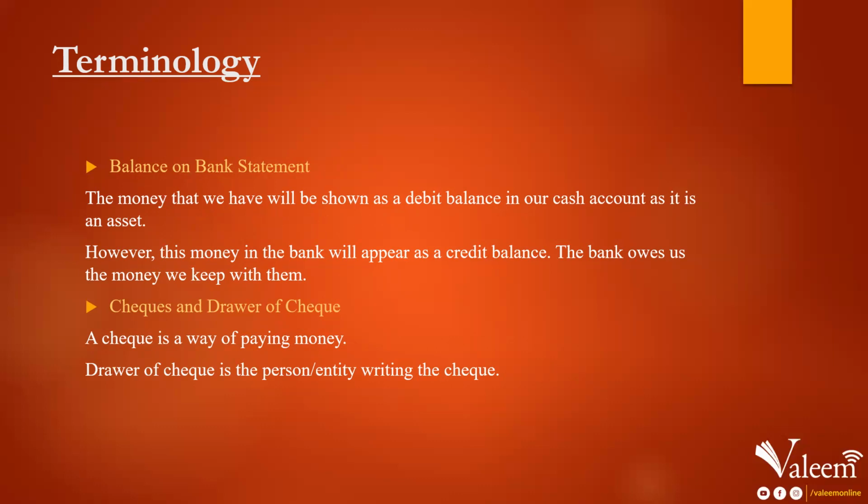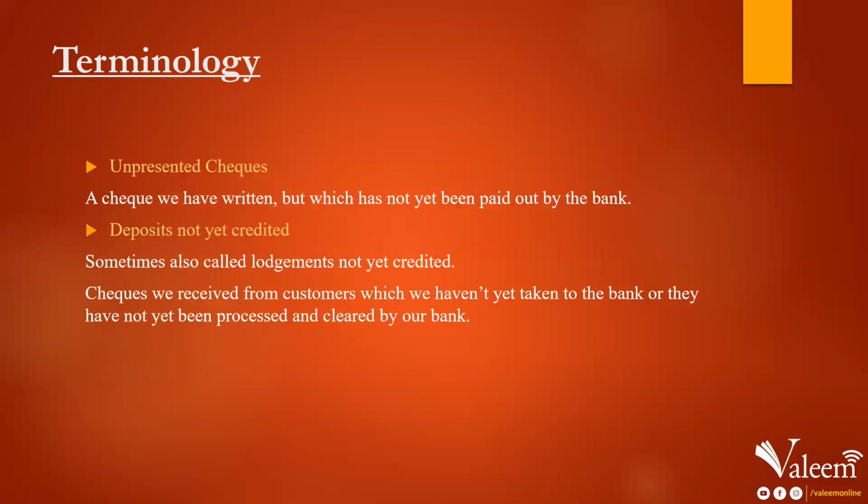So a balance on my cash book of $5,000, a debit balance, will appear as a $5,000 credit balance on the bank statement. Checks and drawer of check is pretty straightforward. A check is a way of paying money. I'm pretty sure all of us would be using this in our day-to-day lives. And a drawer of the check is the person who writes the check. Unpresented checks, this is a situation where, let's say,